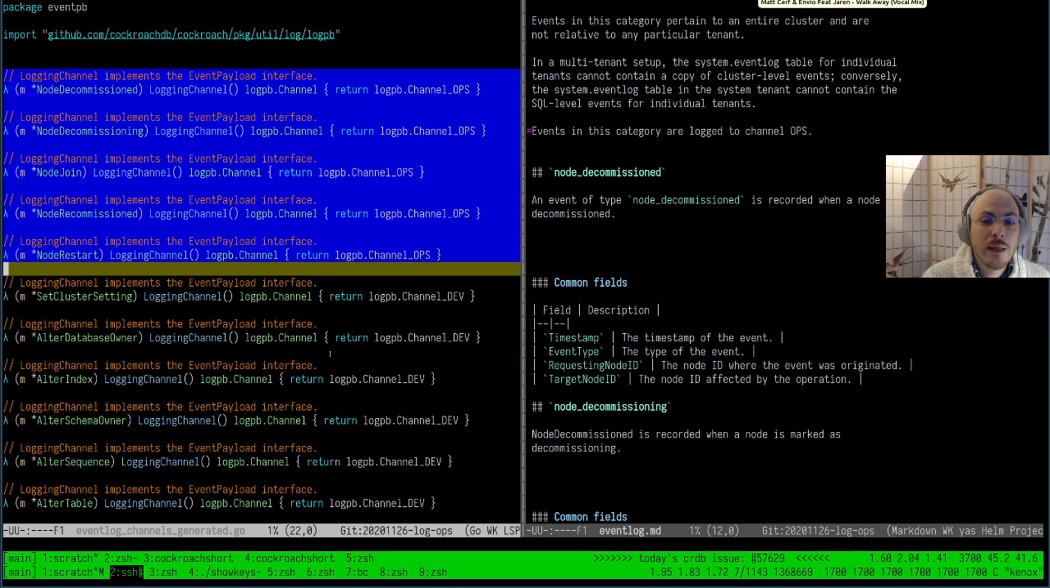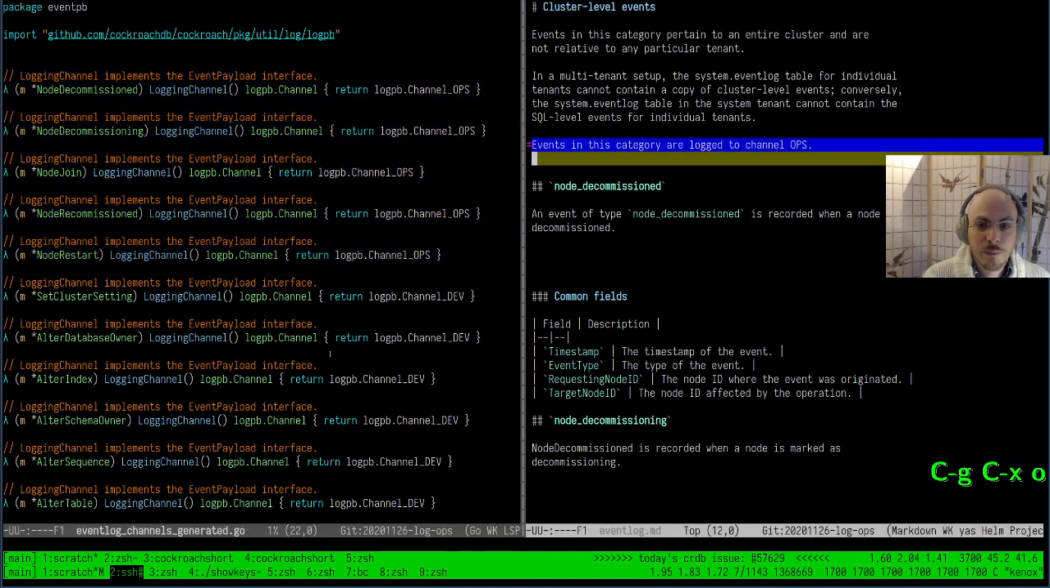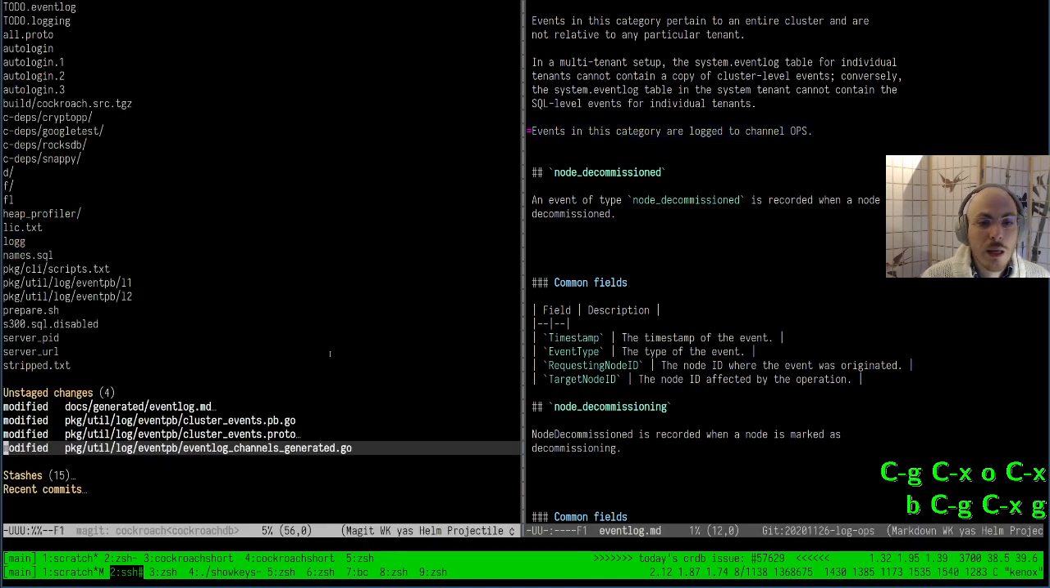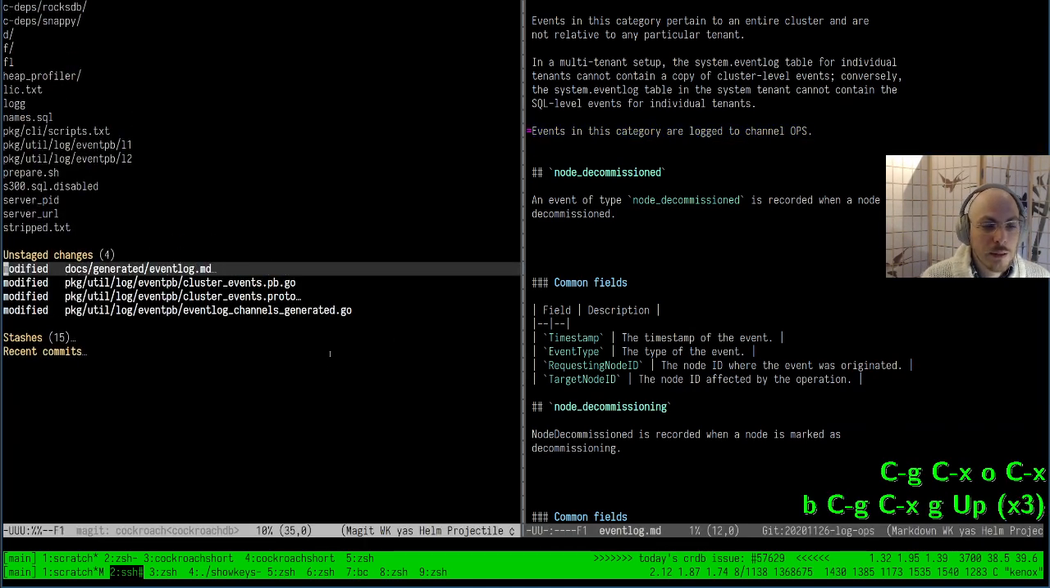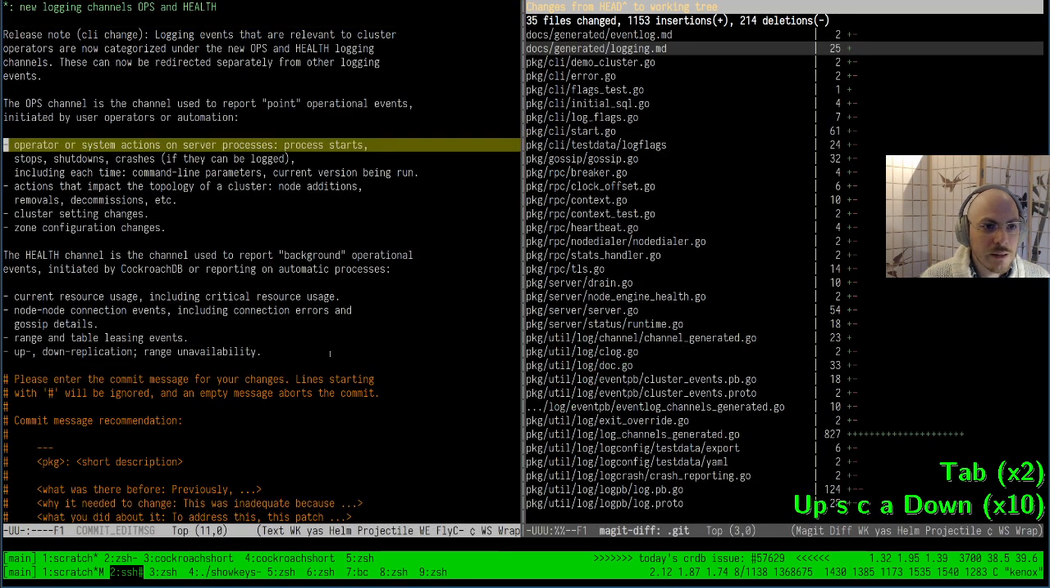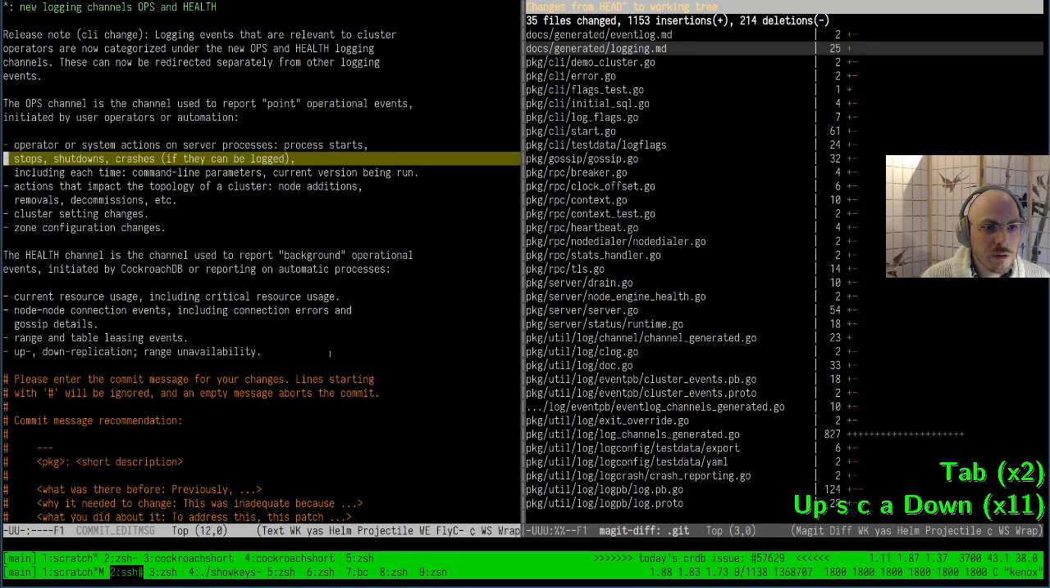What that means is that the logging system will automatically recognize them as now being a target, a candidate for the ops channel. And so they will just be sent there automatically without me having to implement anything else. Yay to code generation. Well, that has done the trick. We are going to save those changes and amend this, and then say, okay, operator, on process start, stop, shut down